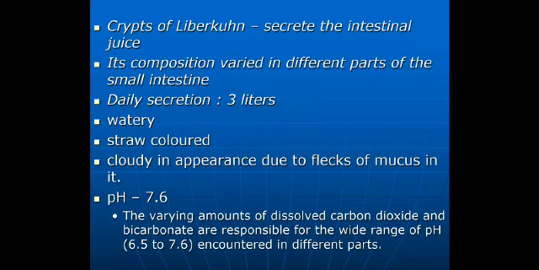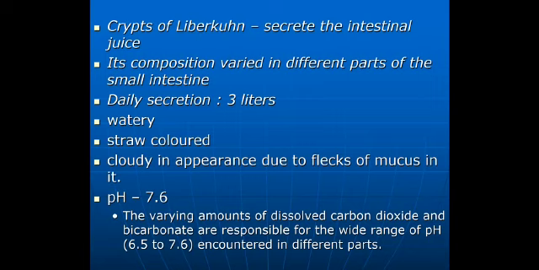So, the next juice is the small intestine juice, which is the succus entericus. This is secreted by the crypts of Lieberkühn. Its composition: the small intestine does not secrete enzymes. The digestive enzymes are intracellular and come into action only after desquamation. Secretion of the small intestine is called succus entericus. Its composition varies in different parts of the small intestine.